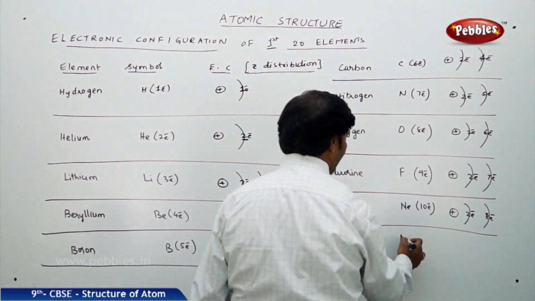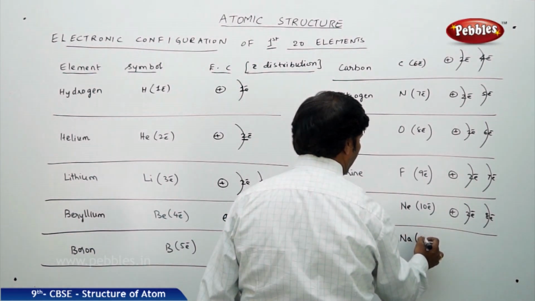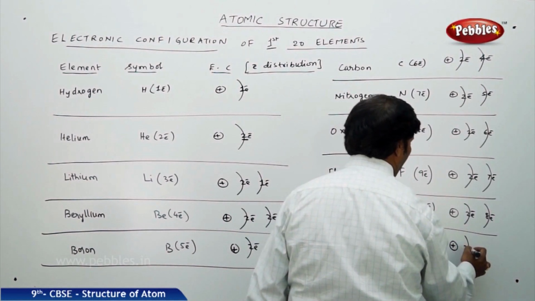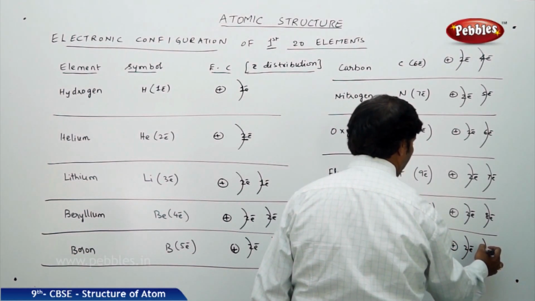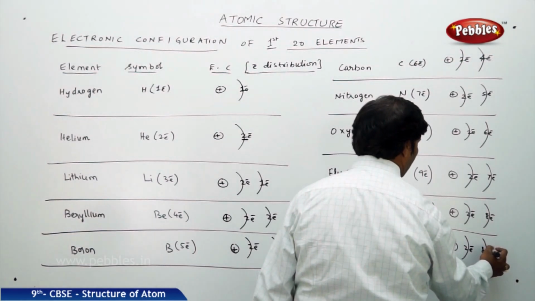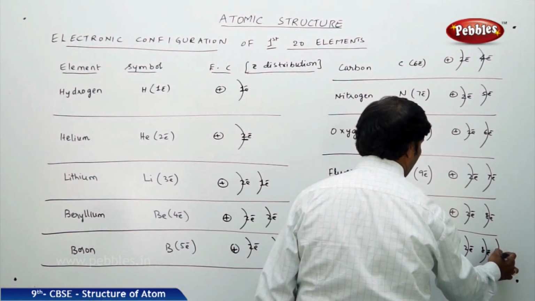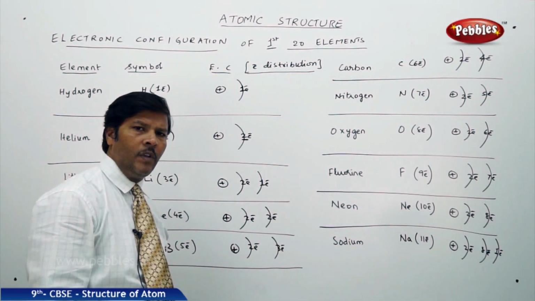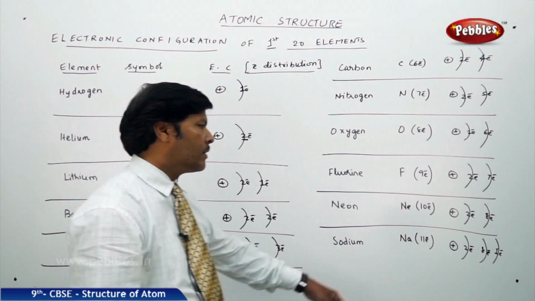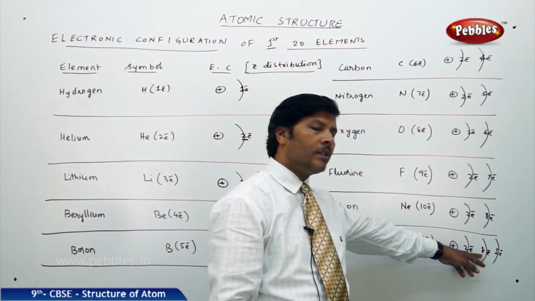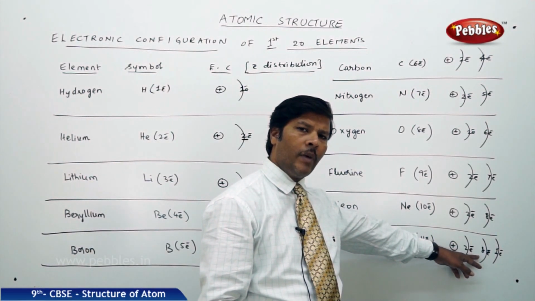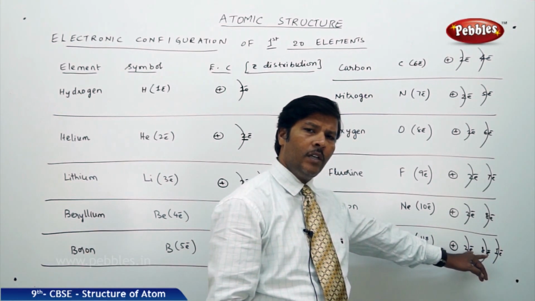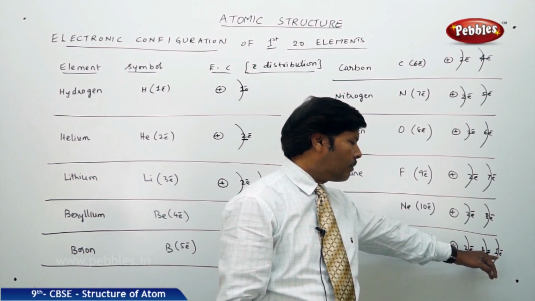Symbol is Na, it has a Latin name, and it has 11 electrons. It has a nucleus, first orbit 2 electrons, second orbit 8 electrons and third orbit 1 electron. You can see that from sodium the number of shells has become 3. Why has the number of shells become 3 in the case of sodium? Because the second shell can accommodate a maximum of 8 electrons only. That means a total of 10 electrons, the capacity of the first and second orbits, have been completed.